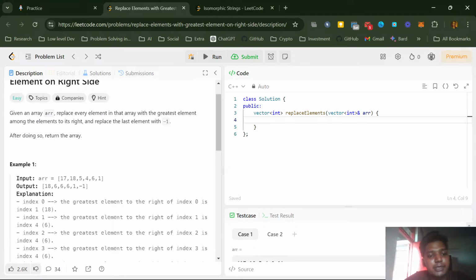Now it will come to the 18, and it will check whether 5 is greater, 4 is greater, 6 is greater, or 1 is greater. Obviously 6 is greater, so it's 6 here. Now it will come to the 17th. Now it will check which element is the greatest, except itself. It's 80. So the answer is this. So we have to apply an approach